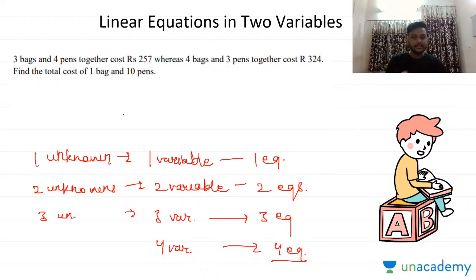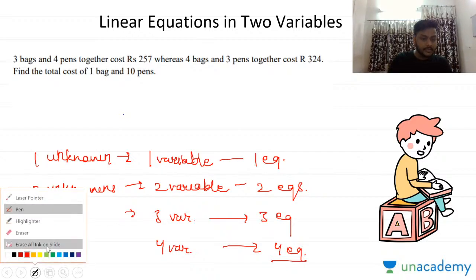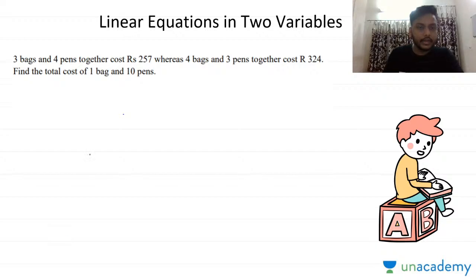Okay, now understand. There could be any real life scenario, guys, that could be given to you, like we have a question over here. If you see, it is given to me that the cost of 3 bags, and then it has been given,